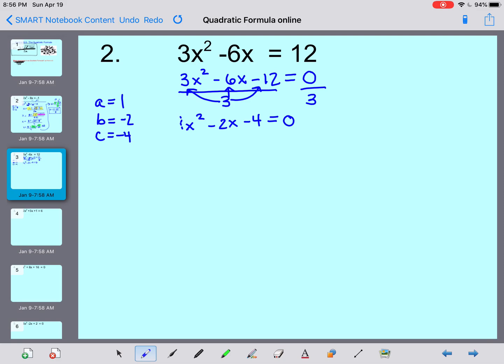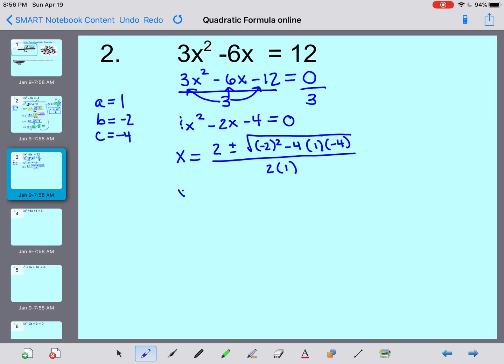Okay, so here we go with the formula. X equals negative b, means opposite of b, so I'm going to put a positive 2, plus or minus the square root of my b value squared in parentheses, minus 4 times the a value times the c value. All of that divided by 2 times my a value. So check to see if your substitution is right. So now we're going to do x equals,